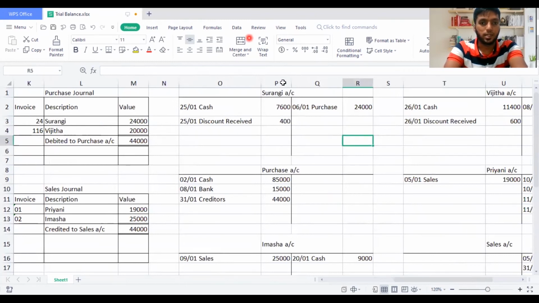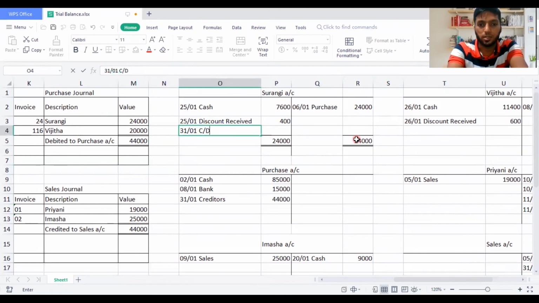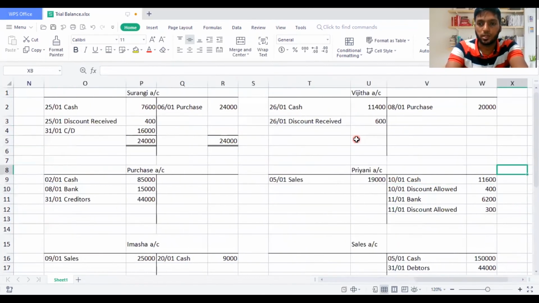So we see the credit side is higher. So I can write 24,000, right? I can record it as... so you can see 24,000 is the highest amount. So I'll bring the values to both sides. Then I can deduct 8,000 from 24,000, so I'll get a carried down balance. So 31st January, carried down is going to be how much? 16,000. The same way I'm going to do the other adjustment also, which is the account.